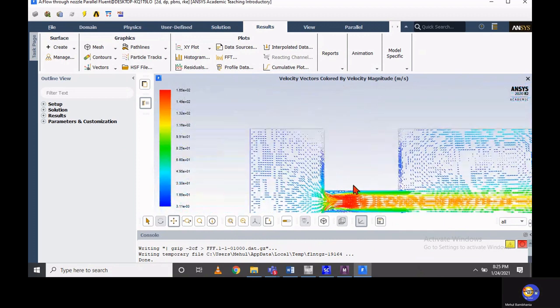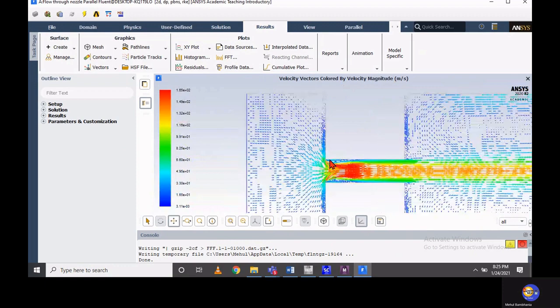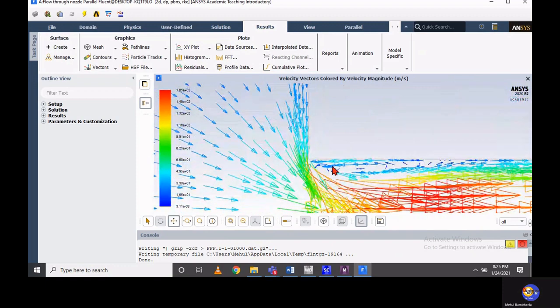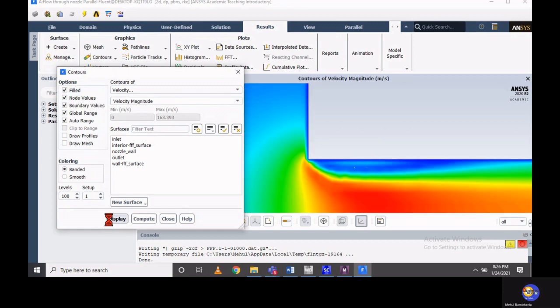These arrows indicate the directions of flow inside this channel. This is where reverse flow happens, creating a large recirculation zone over here, and that is the region of suction pressure or very high velocity created in that zone.